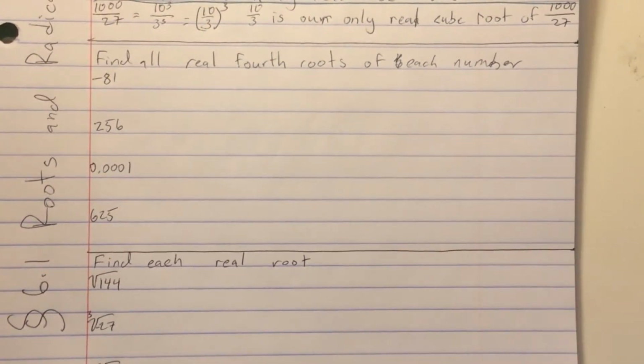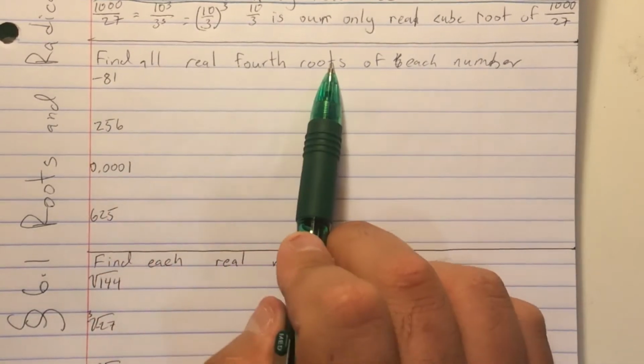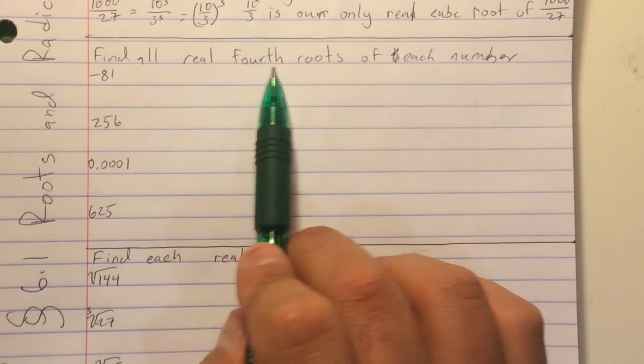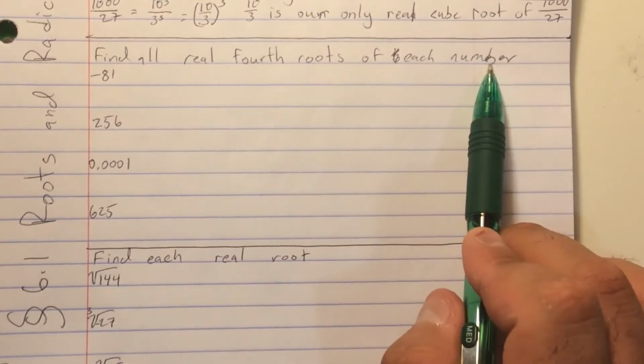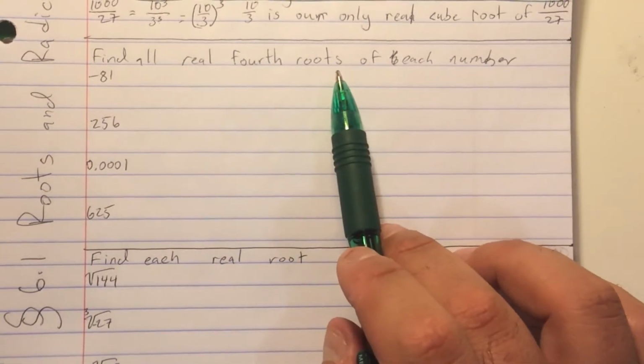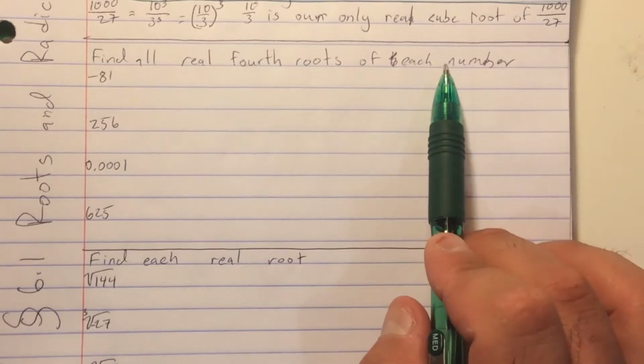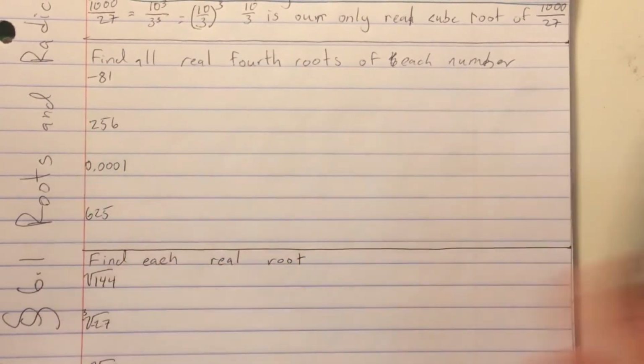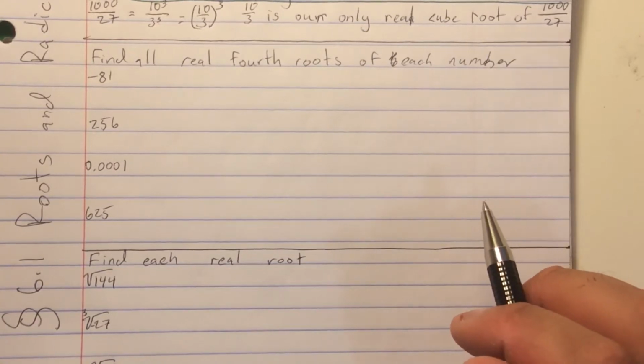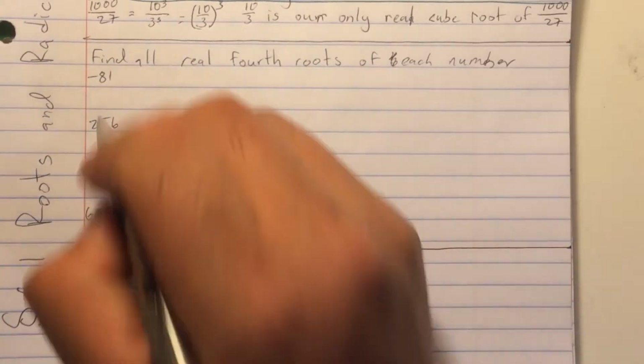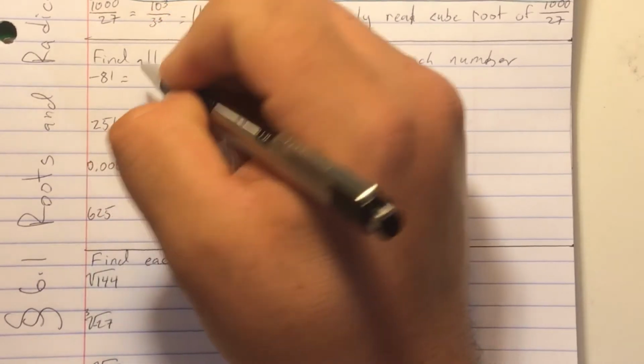This one is something that we haven't really seen that much of before. This is find all real roots, real fourth roots of each number. So I will be giving you a template for these as well, also probably up to 10. But for this one, I already know because it's just doubling the square root. So we're just going to get to it. So I know this here is equal to